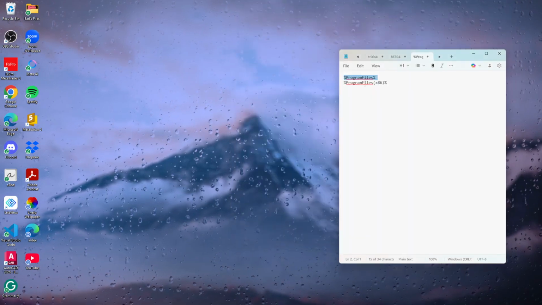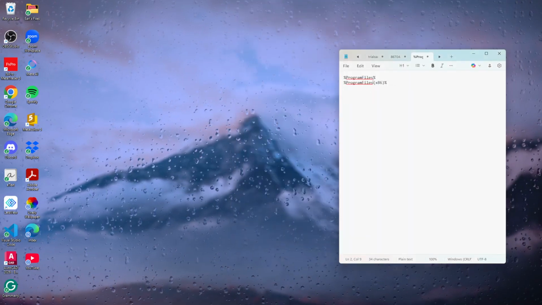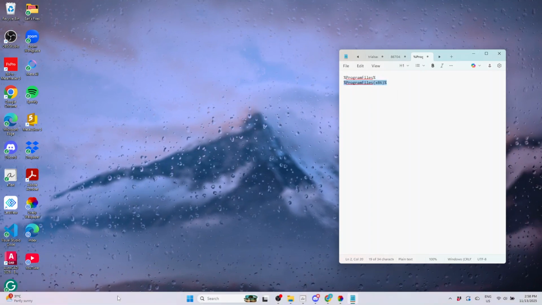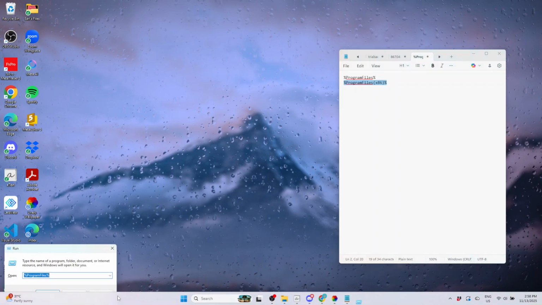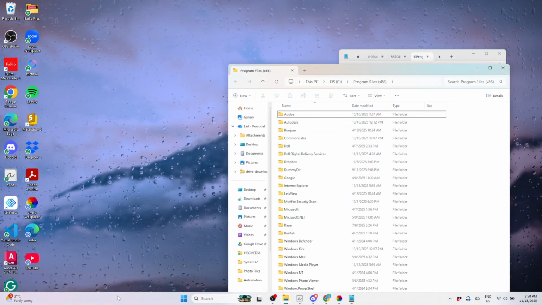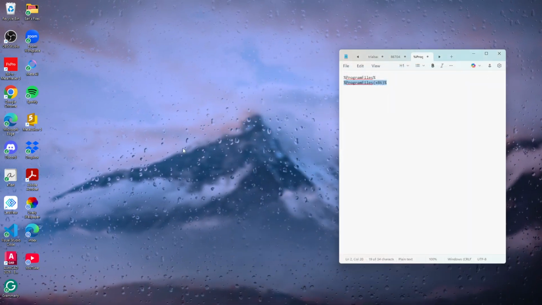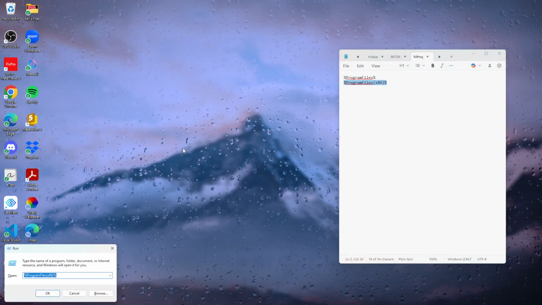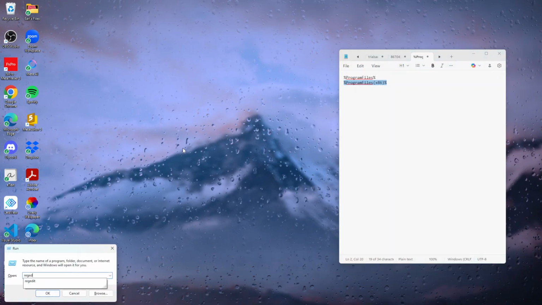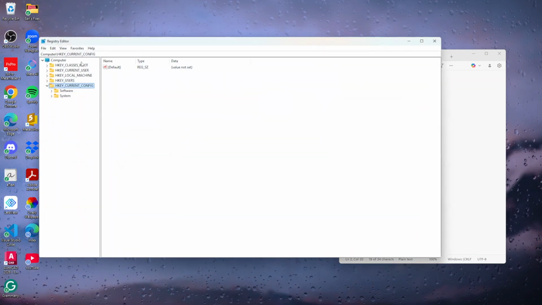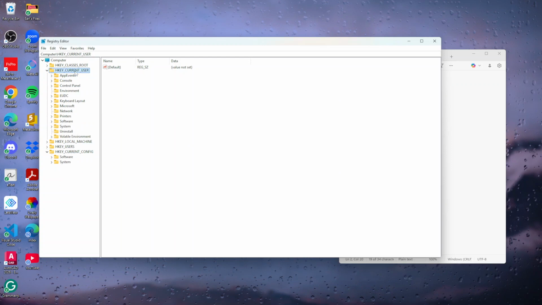Now, we'll turn our attention to the Windows registry, a more involved step but crucial for complete uninstallation. Again, press Windows and R to open the Run command box. This time, type regedit and hit Enter to open the registry editor. In the registry editor, we're navigating to a couple of different paths. First, locate HKEY_CURRENT_USER and expand it. From there, follow the path through Software to Microsoft and finally to Office. You'll want to delete the keys associated with Office here.